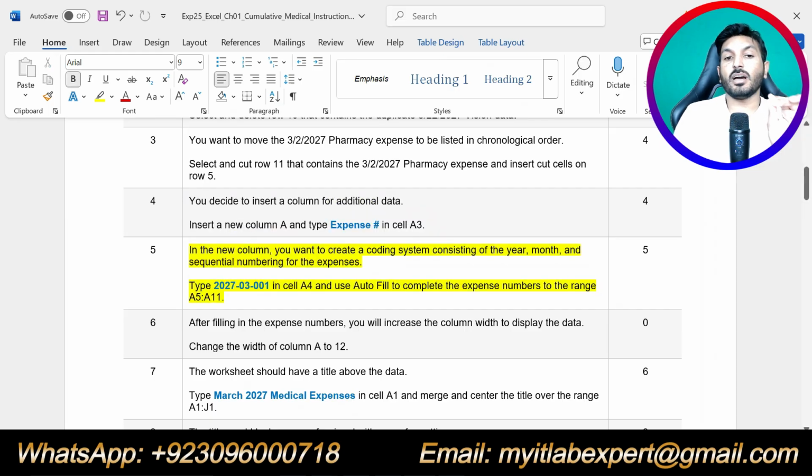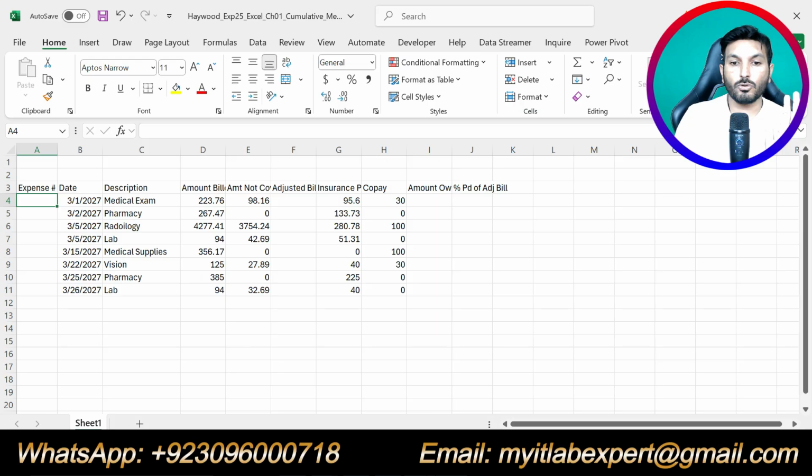In the new column, you want to create a coding system consisting of year, month and sequential numbering for expenses. Type 2027-03-001 in cell A4. Here we are supposed to type this.